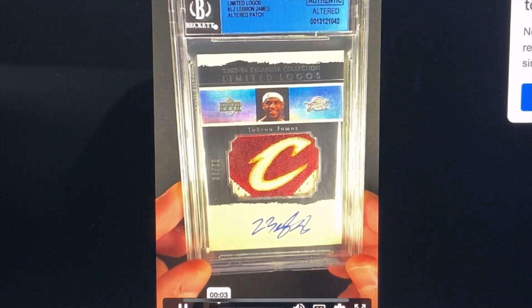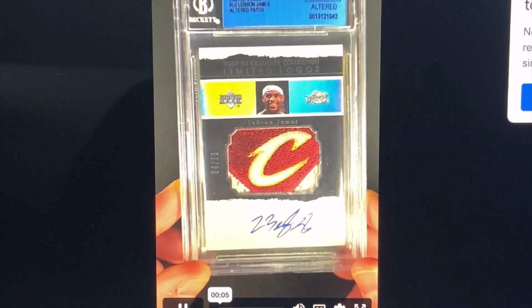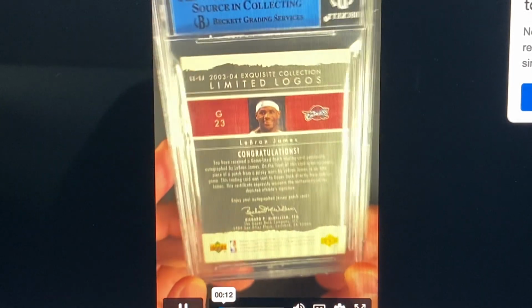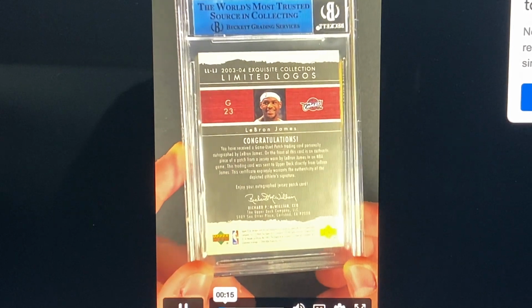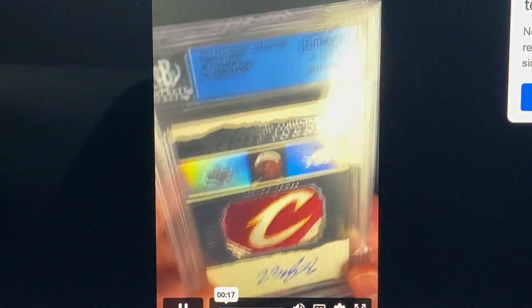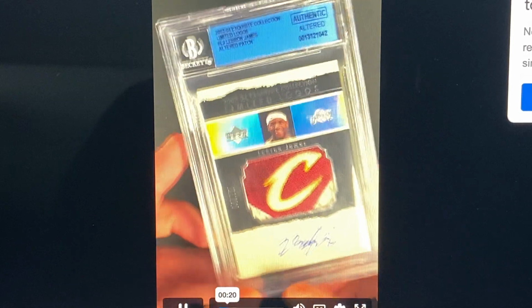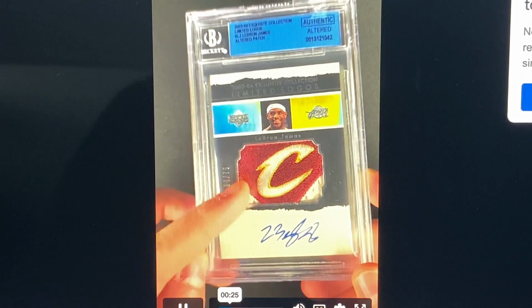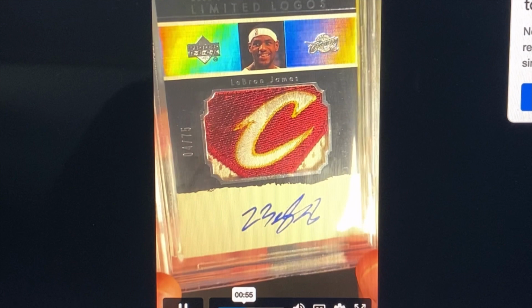Well, this is a very interesting card. Before you even look at the patch, the first thing that I would recognize is that of all LeBron James rookie cards, his Limited Logos is one of the most interesting. As a card that has a beautiful area for an autograph, an iconic design, and then a patch that is game used, but as we...